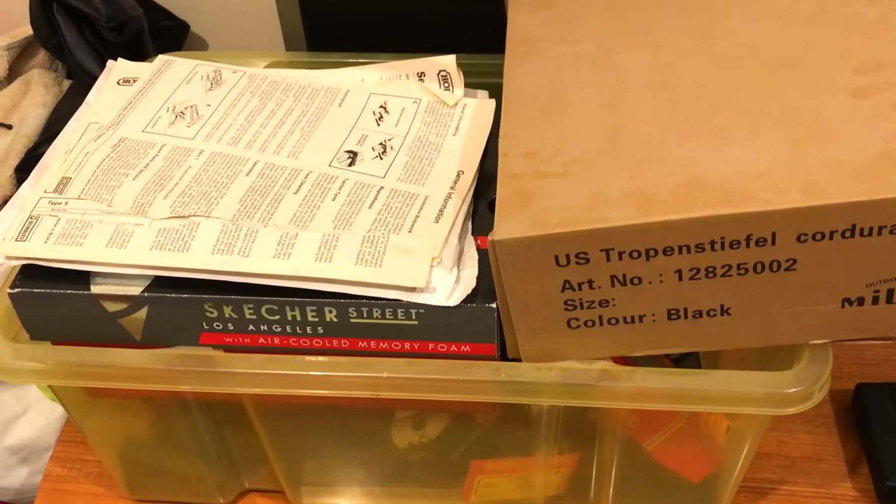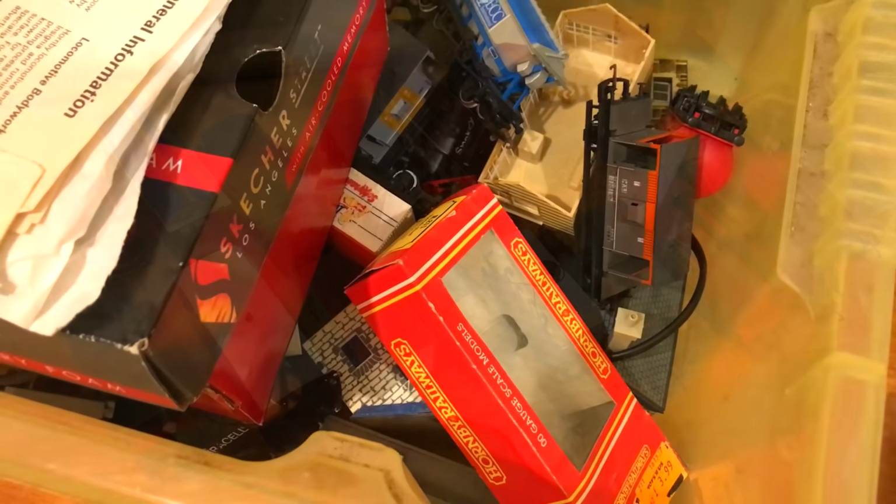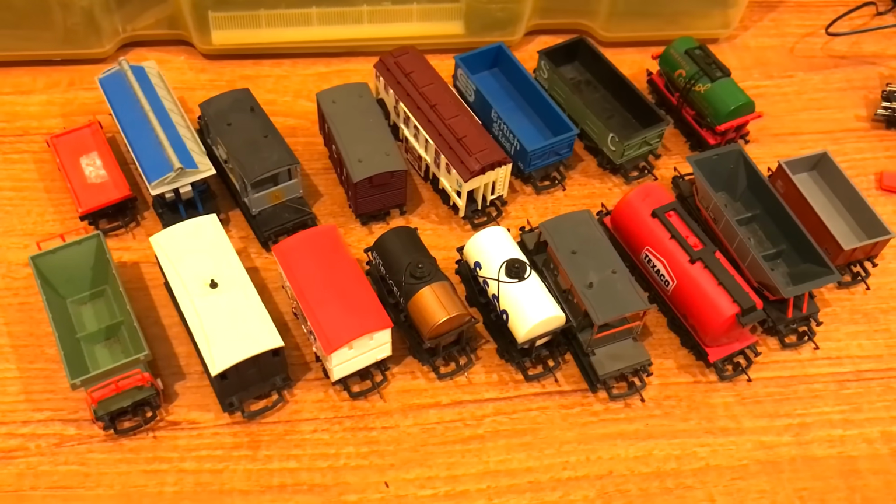But since we do a fair bit of modelling and working with old things on this channel, I thought you might be interested to see what I had to do to bring everything back to life. So let's do that. Now, whilst I have restored a lot of Warhammer minis in my time, restoring a train set is all new to me. So I started small, and the first job I did was to take out all of my freight wagons,